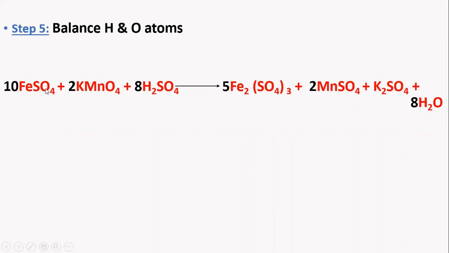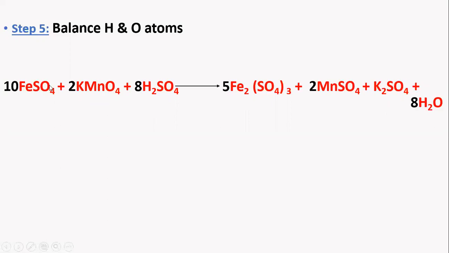If you check for the reactant side, here 10 into 1 will be 10, and here 8 into 1 will be 8. Just add both the 10 and 8, you will get 18. So sulfur also will get balanced. The same for the K and then manganese. K2, here 2K, so it gets balanced. And manganese 2Mn, and here also 2Mn. Again if you check for the hydrogen, 8 into 2 16, and here 8 into 2